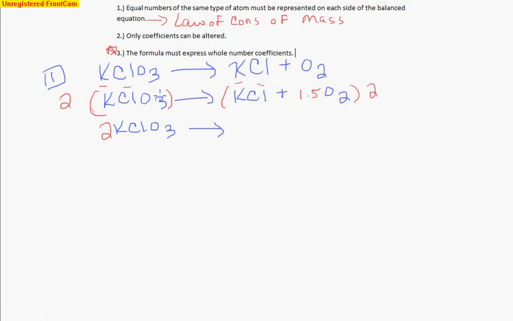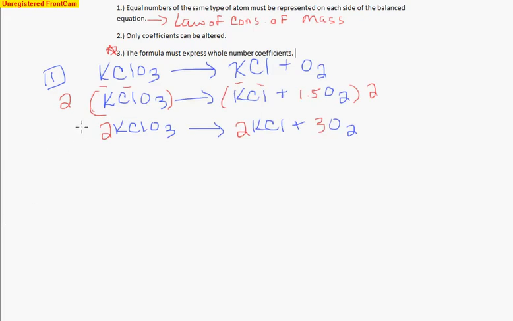So now I get 2 KCl plus 3, because 1.5 times 2 makes 3, O2. And now, if you want to check to just make sure that we haven't made any sort of error,